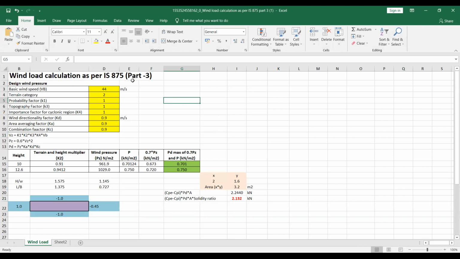You are able to see this wind load calculation as per 875 part 3. Yes, sir. So this is how you should calculate those wind load calculations for putting those intensities in STAAD. These are the two intensity values. We actually do this in MS Excel. But first, you should get a good grip over G+1 building design. Then you will be able to understand this wind load and everything in ETABS.